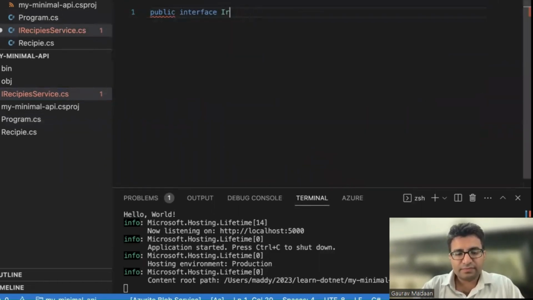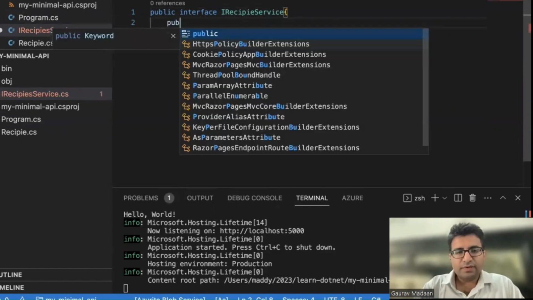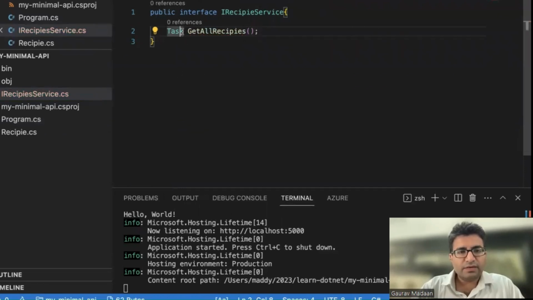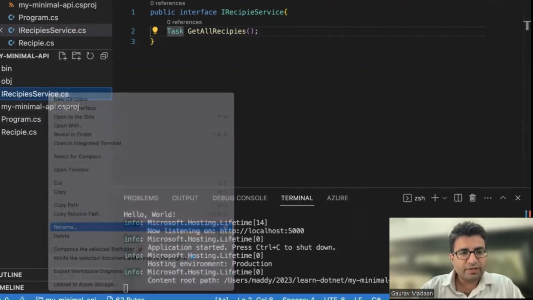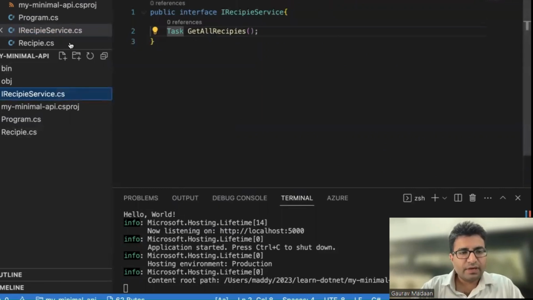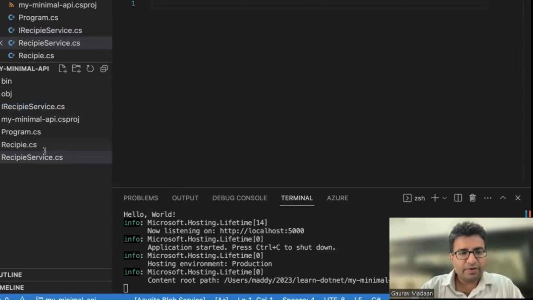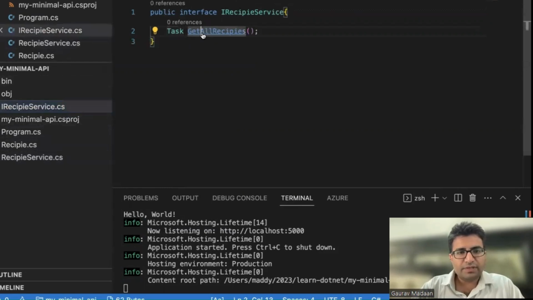IRecipeService, and let's say my task, get all recipes, right? And this is it. And now let me rename this to RecipeService, and let me try implementing it. RecipeService.cs. And I'm having IRecipeService, I'll say